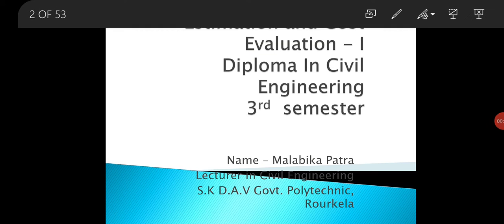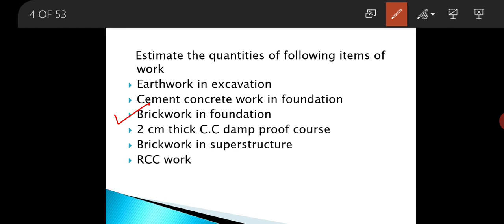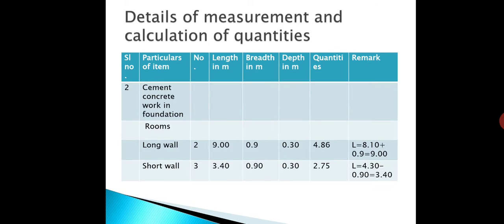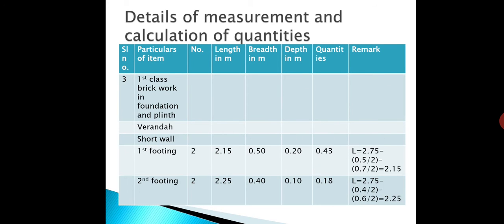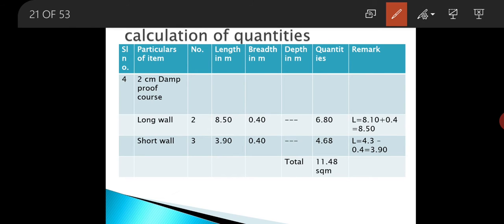In the last class, we completed the quantity calculation of brickwork in foundation and plinth of a two-room building with front veranda. And today, we are going to do the next item of work, that is 2 cm thick cement concrete damp proof course. So write down in the details of measurement form item number 4 and in the particulars of item, 2 cm